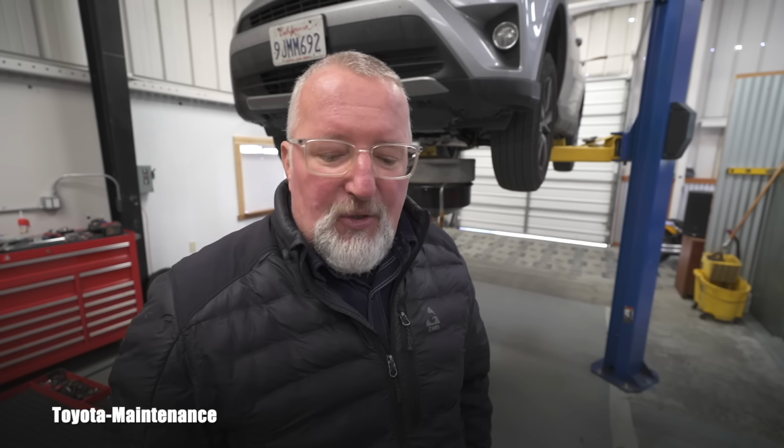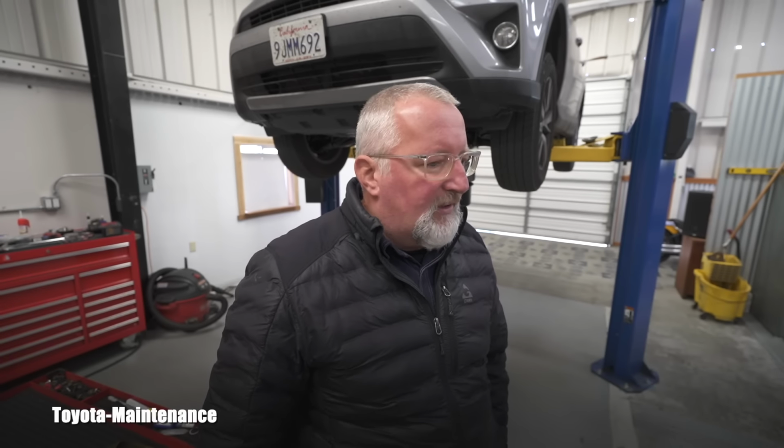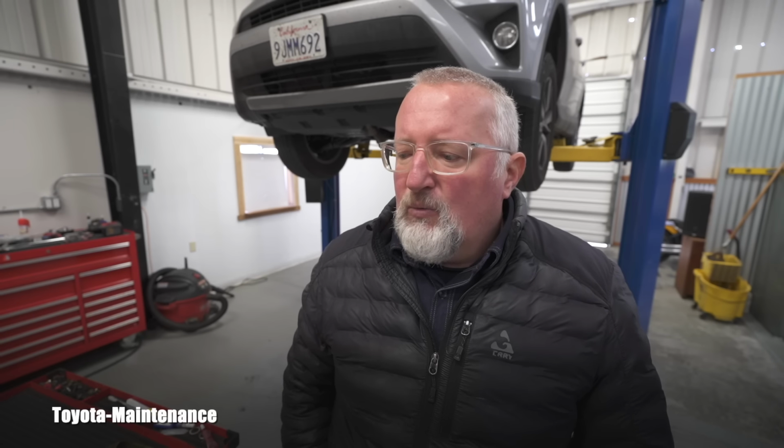And I cannot even imagine how much that unit, the transmission, will cost. Probably crazy money. If that transmission goes bad, it will total the vehicle, because she's old and has super high miles. So I'm trying to prevent it, and because of that, I do these drain and refill oil services at crazily